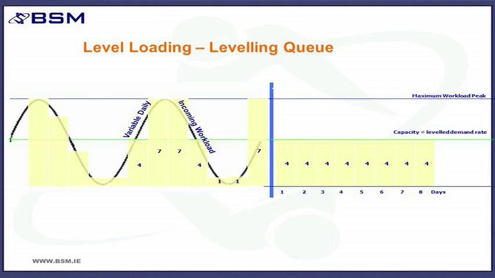You can see here that on one day 7 items arrive, next day 1, next day 1, next day 4, next day 7, and so on. But even though the amount of work that arrives every day varies hugely, we always do 4 items every day because the level demand rate is 4. So queuing is one of the things that enables you to achieve that kind of leveling,